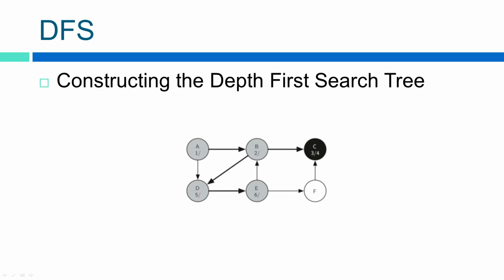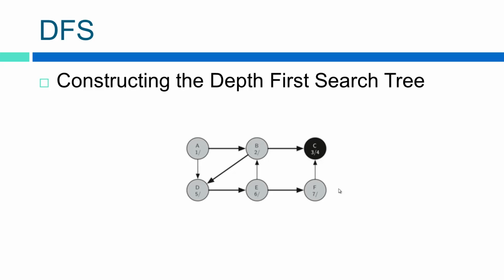Normally we would explore these adjacent vertices alphabetically, but since B is already colored gray, the algorithm recognizes that it should not visit B, since doing so would put the algorithm in a loop, right? You would just constantly be going BDE, BDE, BDE. So it recognizes, okay, B is gray, meaning it's explored, so I'm going to go ahead and check out the white node here. And then we note that vertex F has only one adjacent vertex, C. So since C is colored black and there's nothing else to explore,